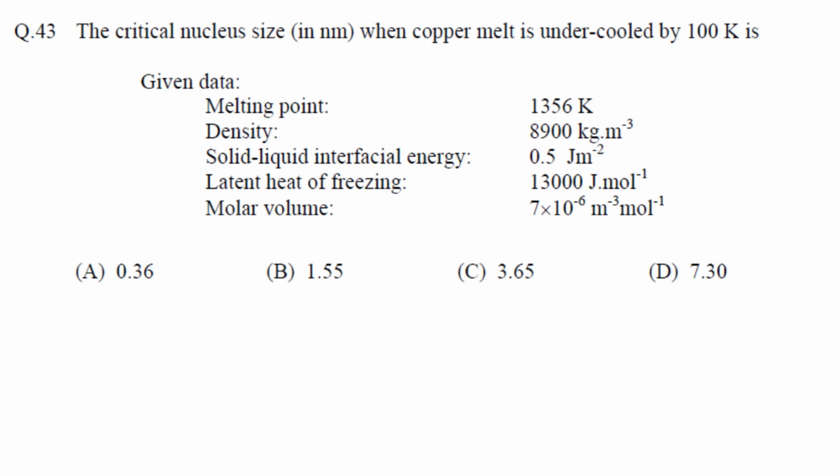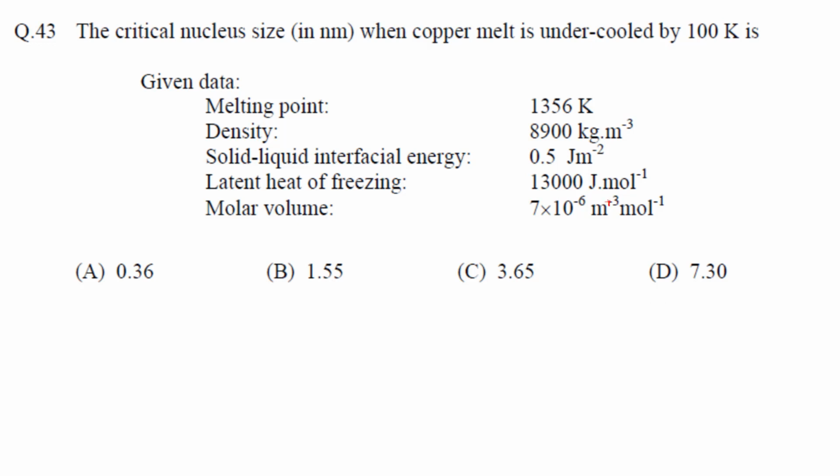Next question. The critical nucleus size in nanometer when copper melt is undercooled by 100 Kelvin is given. Data is melting point of copper is 1356 Kelvin. Density is 8900 kg per meter cube. Solid liquid interfacial energy is 0.5 joule per meter square. Latent heat of freezing is 13,000 joule per mole. And the molar volume is given 7 into 10 power minus 6. It should be meter cube per mole basically. So here,